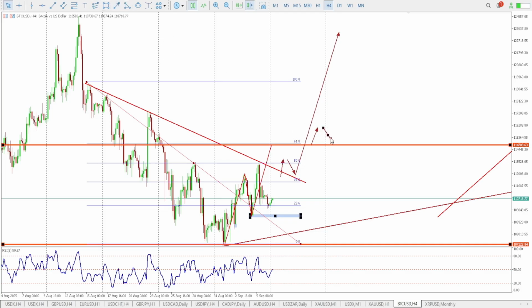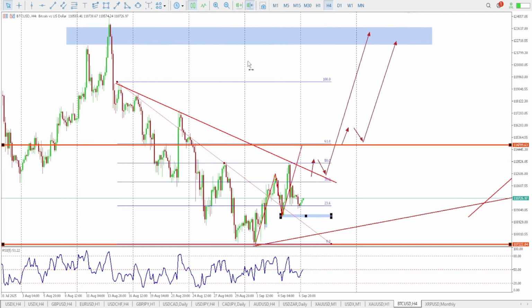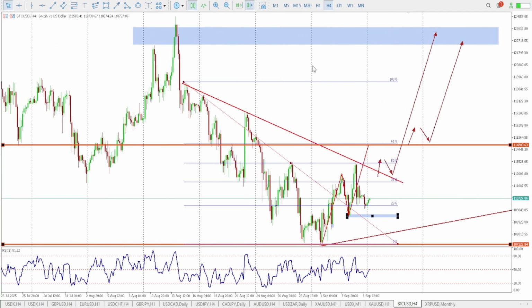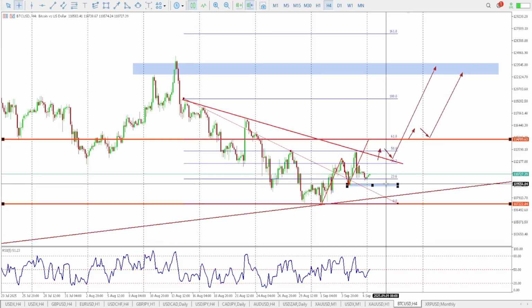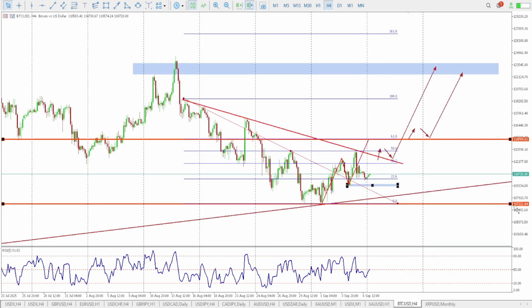If you do it this way, believe me, that is not far away, you will always be in profit. And even if your SLs are hit, those SLs will not be too big. What I want to say is that in the longer run you will be very much successful. So this was the strategy on Bitcoin, and this is what it suggests.